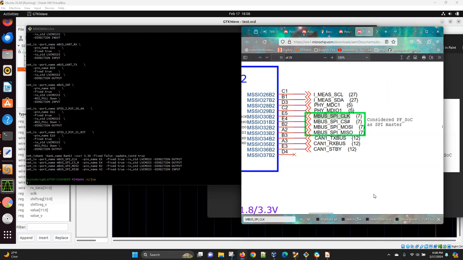Okay, this is a second attempt at getting the SPI interface on the Microbus connector of the PolarFire Icicle kit to work. I spent the last hour in the previous video trying to figure out what to do. Here's a very quick recap. Found the schematics. The schematics has these SPI signals here, connected to these pins here on bank,